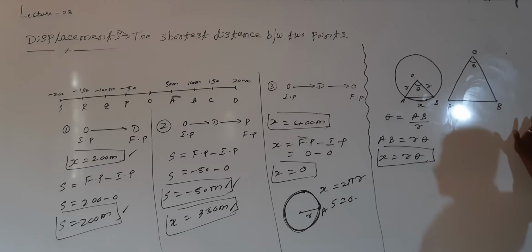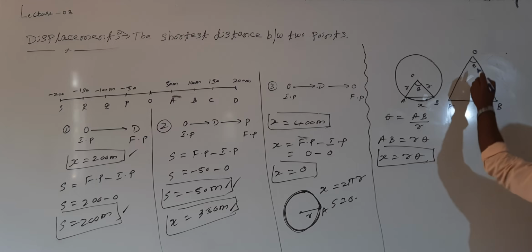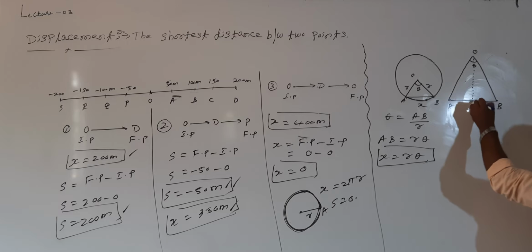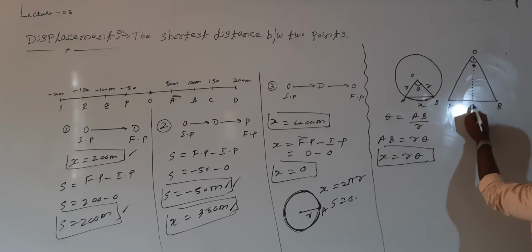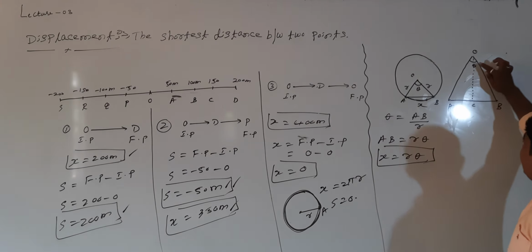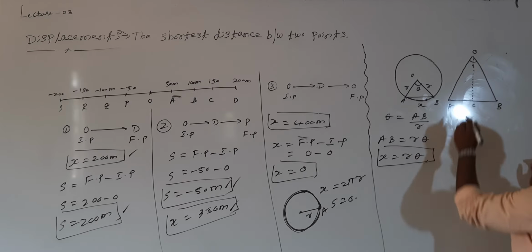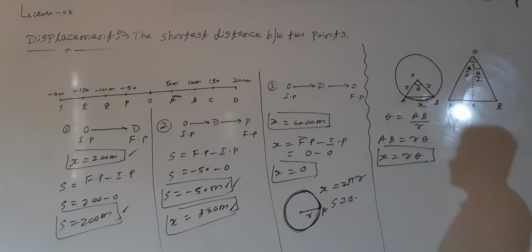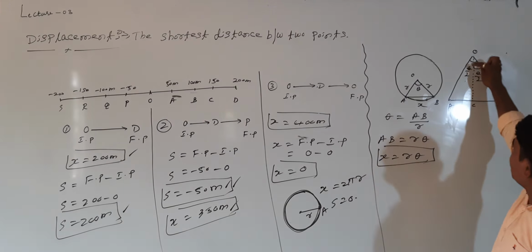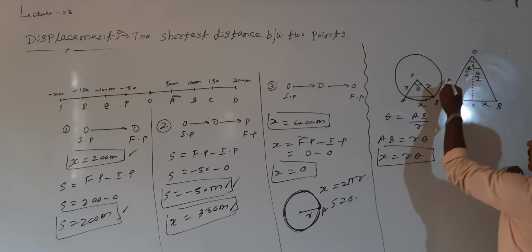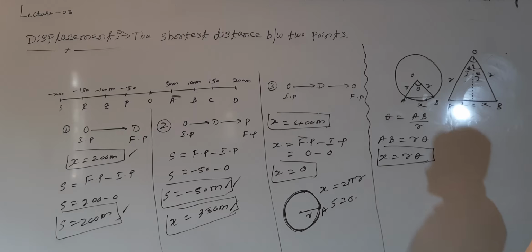Here it is not a right angle triangle. I will make a right angle triangle. What to do? Simply I will draw a perpendicular line. C is the perpendicular line to AB. If this is theta, then it is divided as theta by 2 on each side. Are you following me? If total is theta, this is theta by 2, this is theta by 2. This is x value, this is x value, and these are the radius.